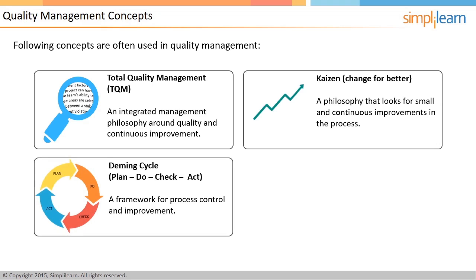Deming cycle, or PDCA cycle, that is, Plan, Do, Check, Act, is a process control and improvement approach propagated by the famous quality guru Edward Deming. It means you plan for something, execute it, check the output, and based on the lessons you act to bring